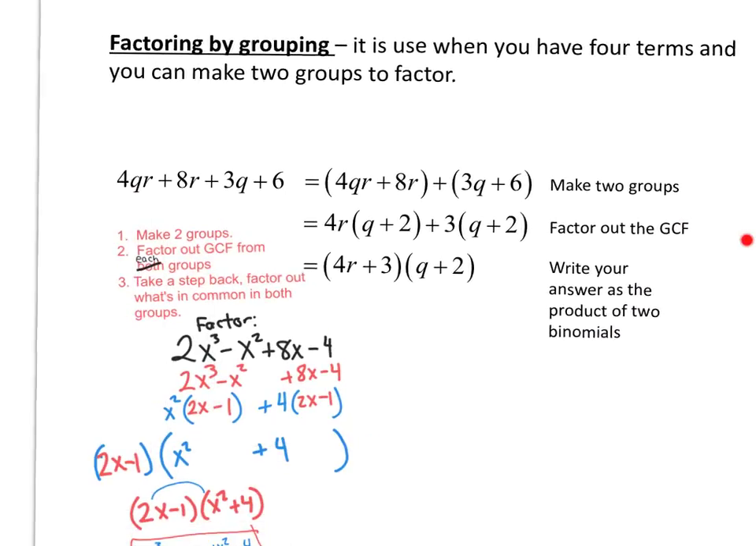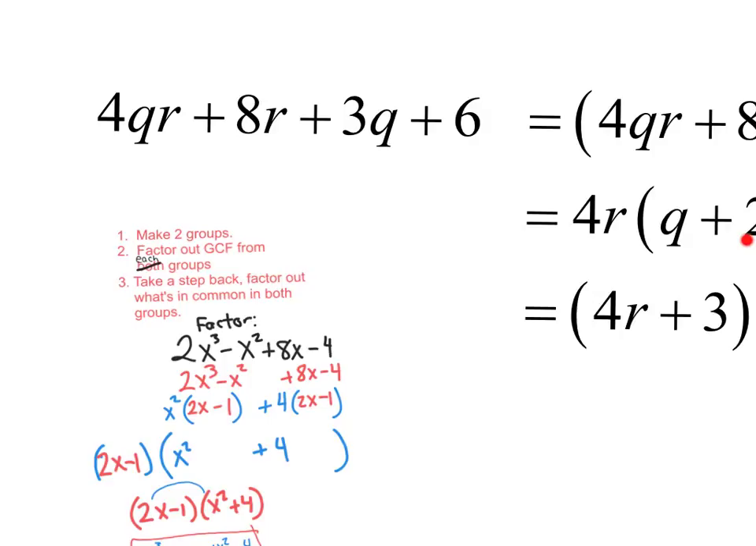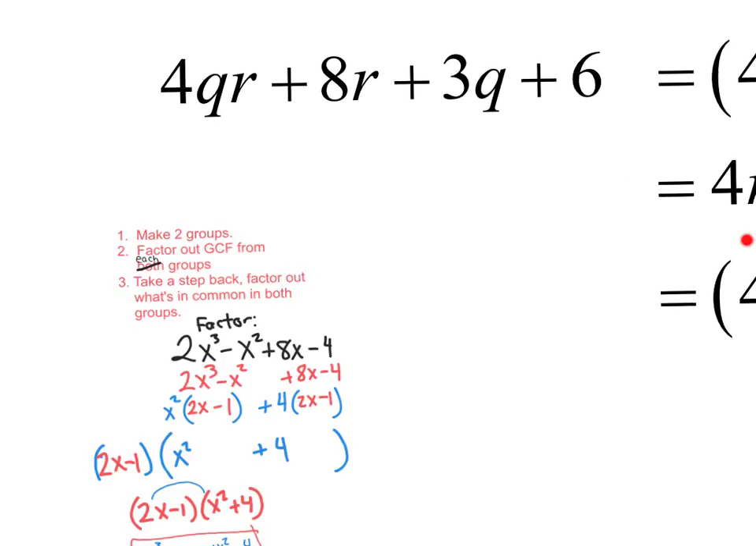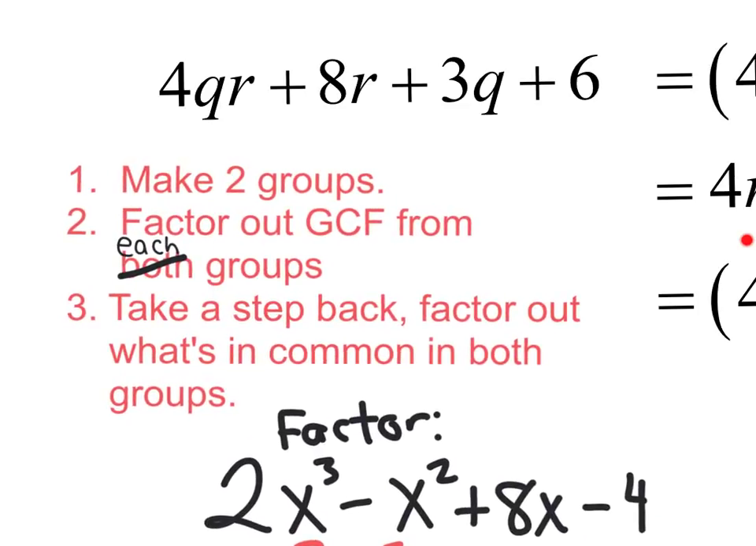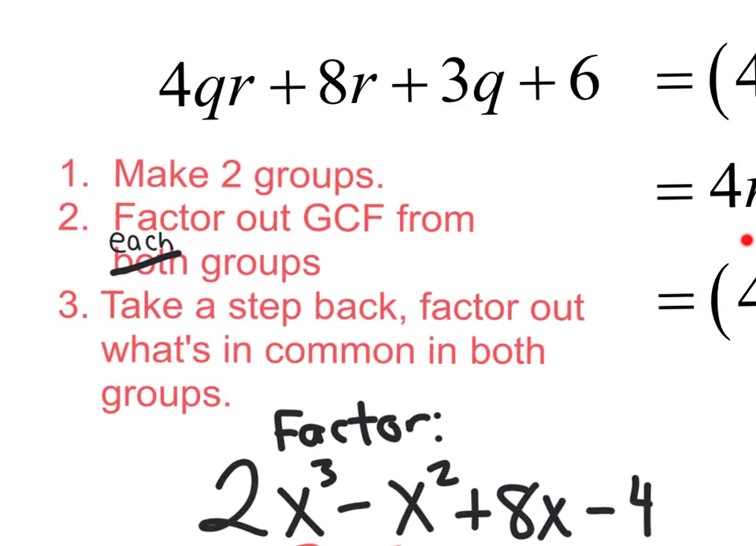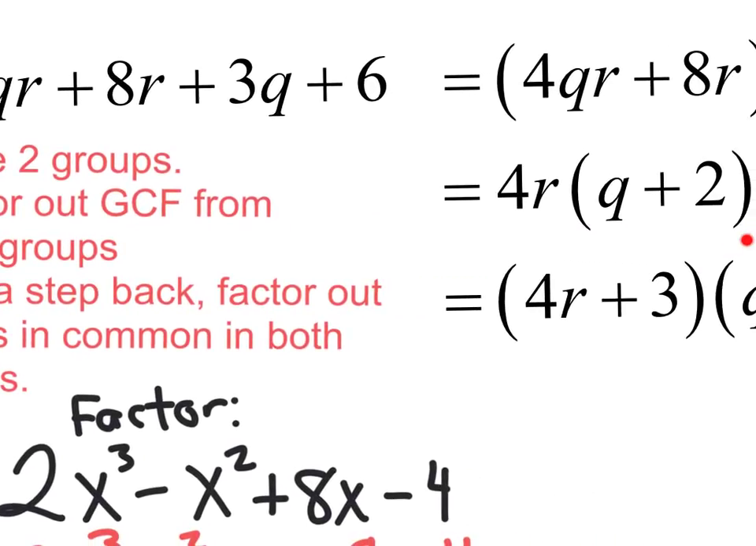Here's the slide on factoring by grouping. We have this problem that's explained on the slide, but I'd like you to think of these steps. Step 1 is to make two groups. Step 2 is to factor out the GCF from each group. And step 3 is to take a step back and factor out what's in common in both groups. So if you follow that on this example right here,